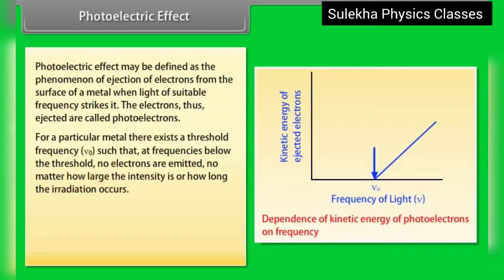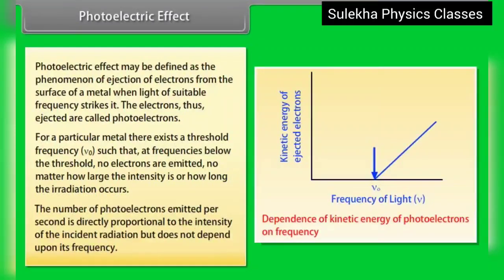For a particular metal, there exists a threshold frequency nu naught, such that at frequencies below the threshold, no electrons are emitted, no matter how large the intensity is or how long the radiation occurs. The number of photoelectrons emitted per second is directly proportional to the intensity of the incident radiation but does not